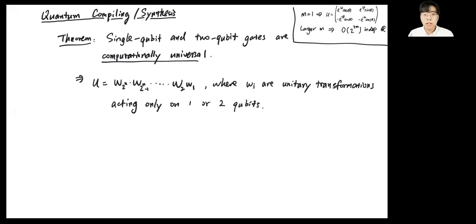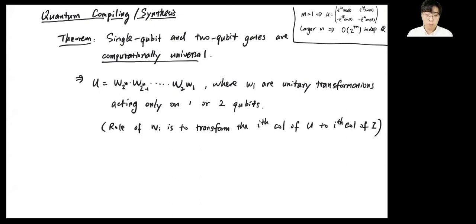Which means to describe an arbitrary transformation on m qubits for some large m, all you ever need to do is to write down a sequence of matrices of size 2 by 2 or 4 by 4. I'm not going to give the full proof here in this lecture, but the one-line proof sketch